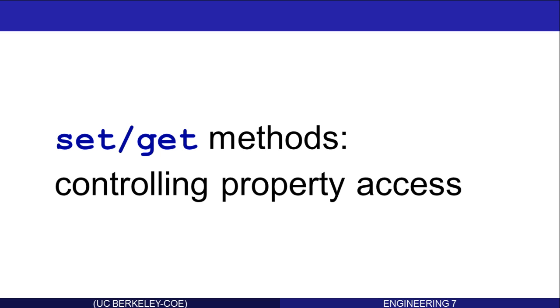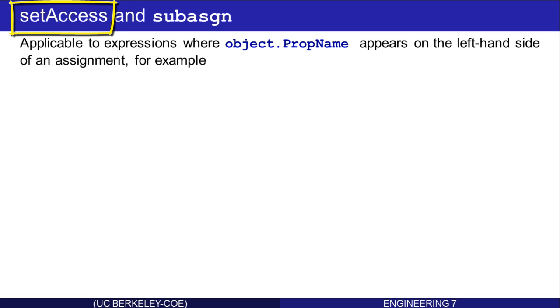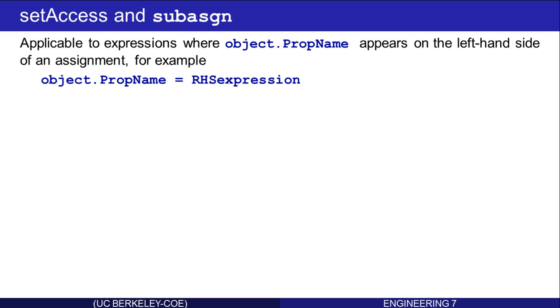Now let's cover a short introduction to set and get methods, which give control over property value access. We'll start with the set access. This is applicable to expressions where object.propertyName appears on the left-hand side of an assignment. For example, like this, where a right-hand side expression's value is being assigned as the property value of the named